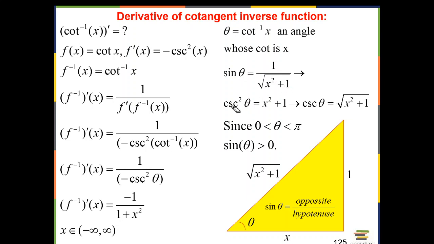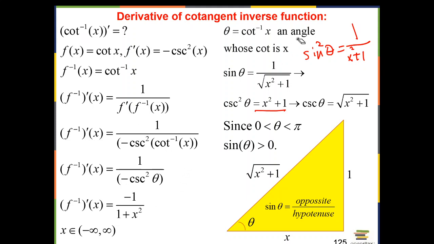So cosecant squared is going to be, so you can put sine squared here, is 1 over x squared plus 1. And then cosecant squared is the reciprocal of this, so it's just x squared plus 1, right? We just need cosecant squared, we don't need cosecant. I just found it here, but cosecant squared is right. So we're going to take this and substitute it for cosecant squared, right? I'll put this negative in the numerator. Again, you see the pattern that derivative of cotangent inverse is negative,